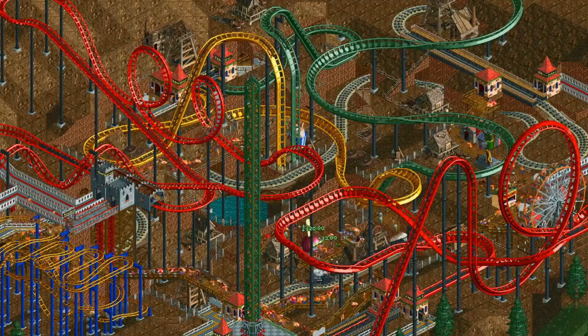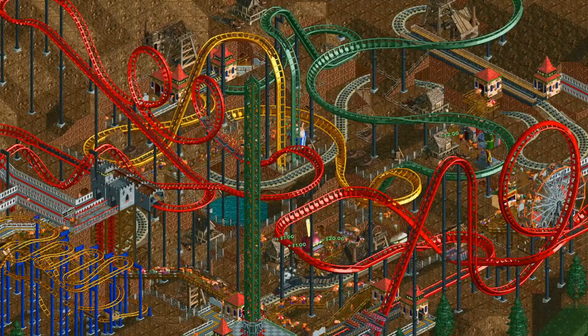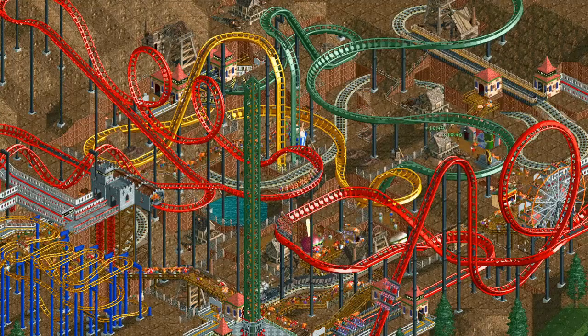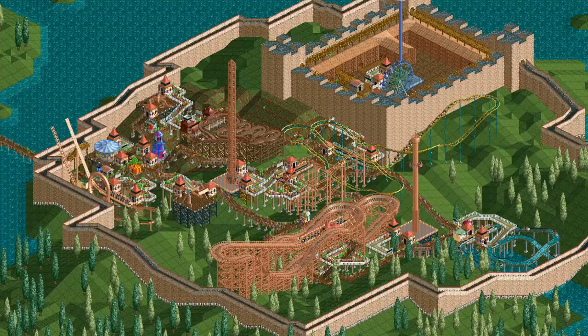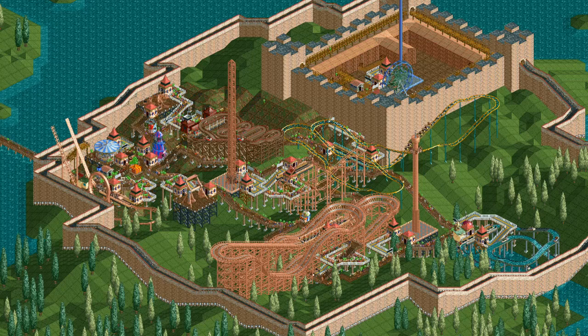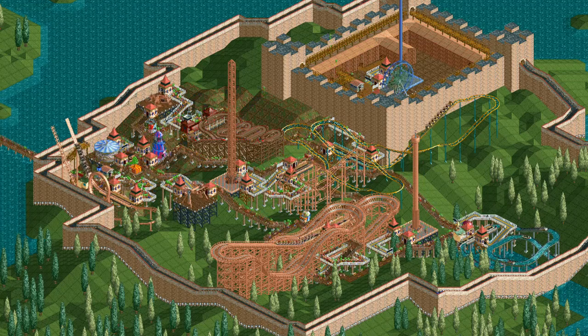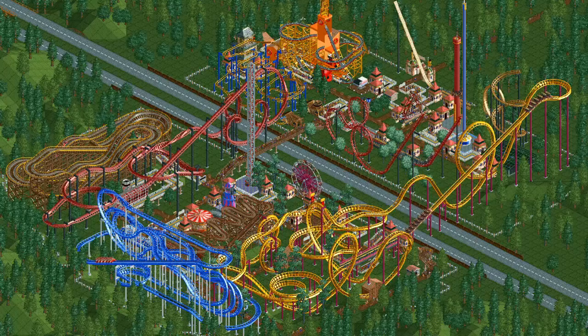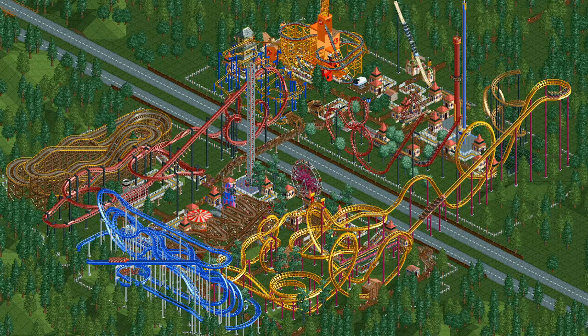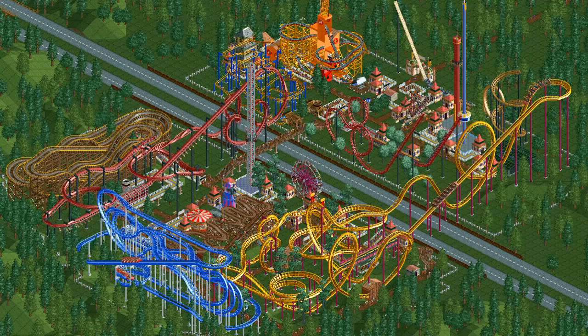For a game that's now over 20 years old, Roller Coaster Tycoon has been getting a lot of love over the last few years. Its open source re-implementation, OpenRCT2, has a team of dedicated developers ensuring that it runs smoothly on modern hardware and operating systems. But what you might not know is that OpenRCT2 also has a robust plugin system.